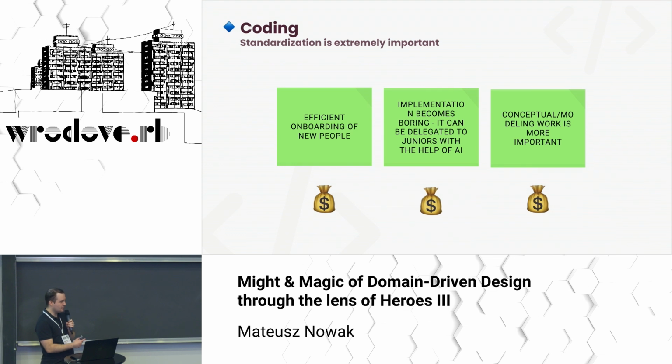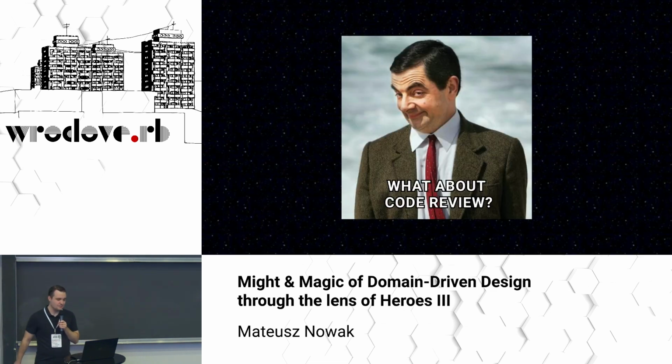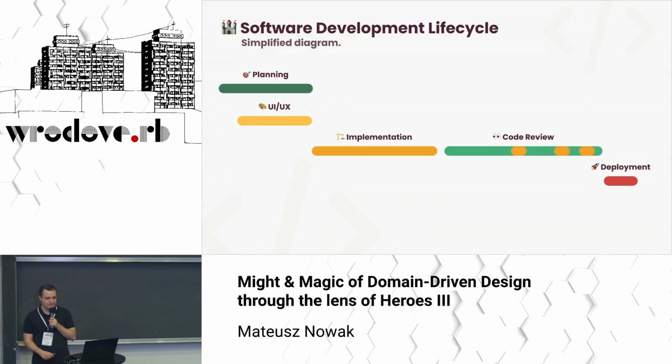As you see, the modeling phase was more important because during the implementation, we just translated the stickies to the code. So we can even delegate the implementation parts to juniors or even to the AI, and everything will go faster with that. So we save a lot of money and a lot of time. So the implementation is ready. It seems that this is the end, but then he appears again and asks, what about code review?